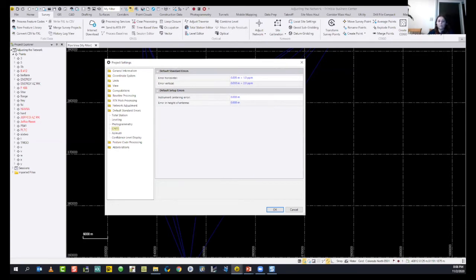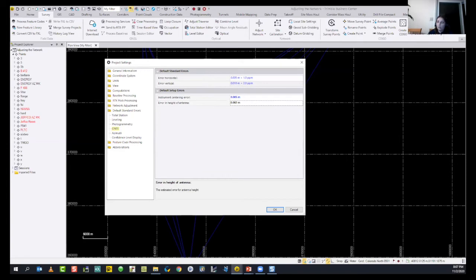So it's quite normal to have some errors on that side too. I'm going to keep these horizontal and vertical errors the same, but centering errors will never be 0. I mean, under atmospheric conditions, it's a little difficult to get a perfect result. So I'm going to set 5 millimeters and 2 millimeters.